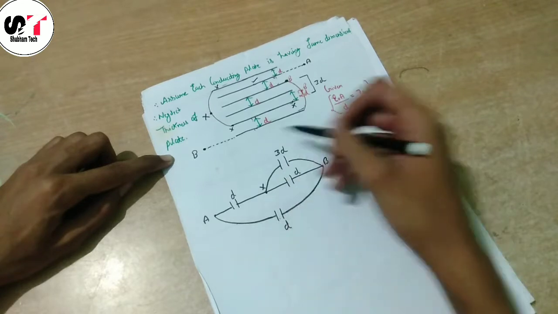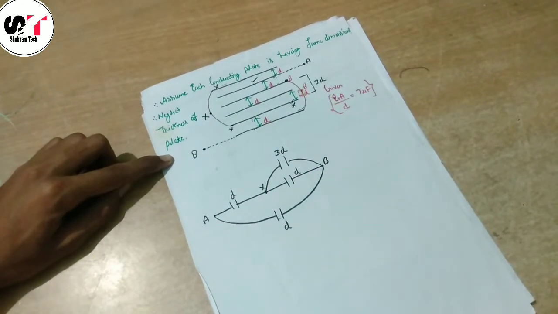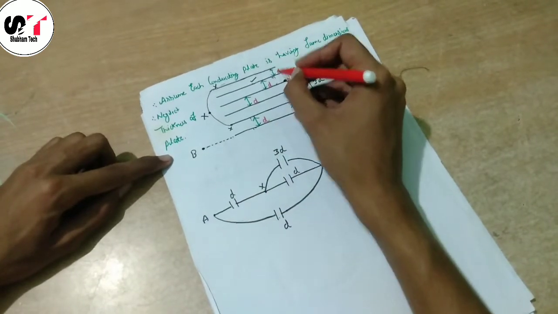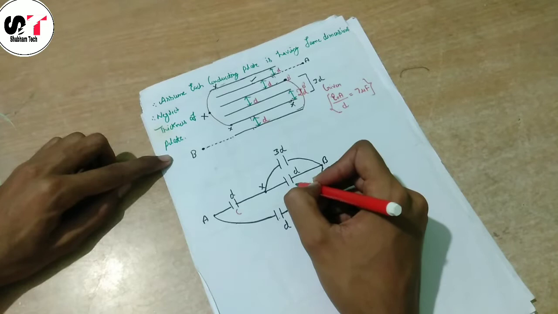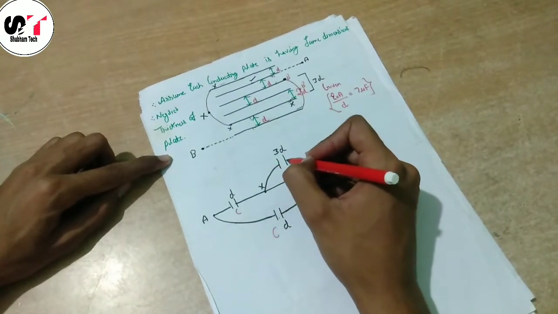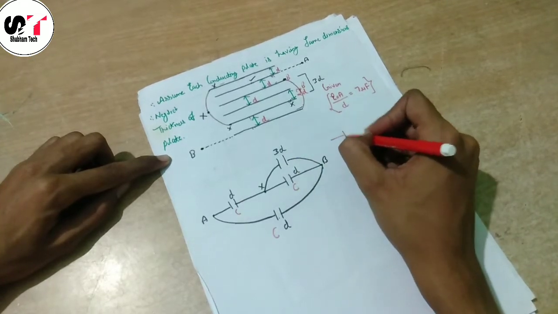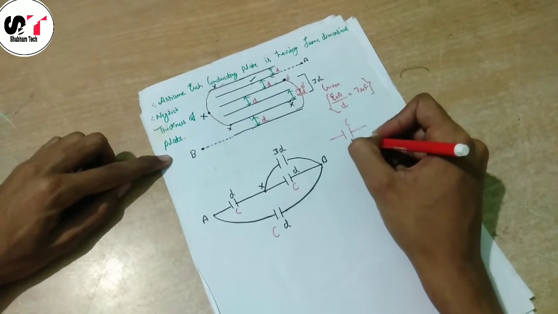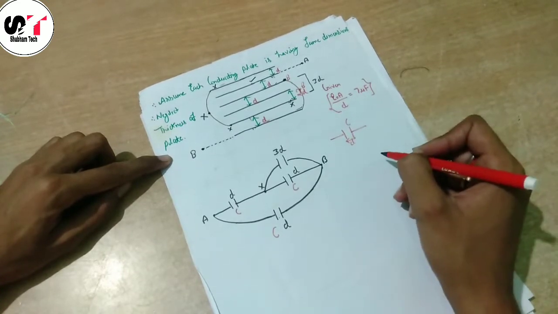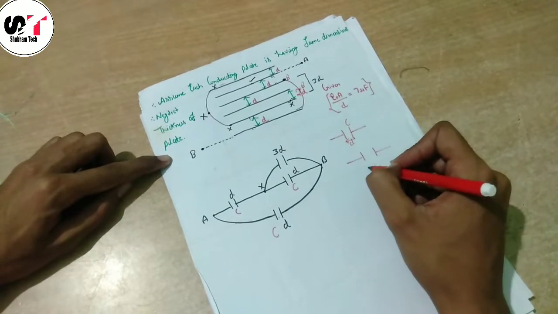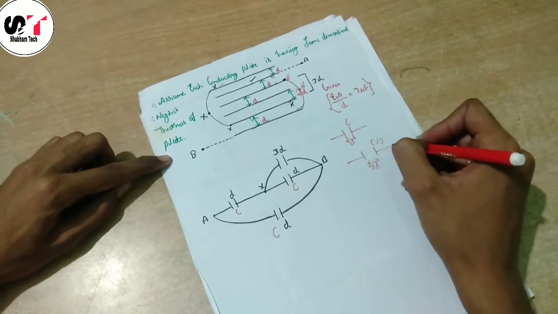So let's solve this circuit. The capacitance of this is C, the capacitance of this is C, this is also C, but here the capacitance is not C because this is a capacitor having distance D between the plates. If you triple its distance between the plates, its capacitance becomes C by 3.